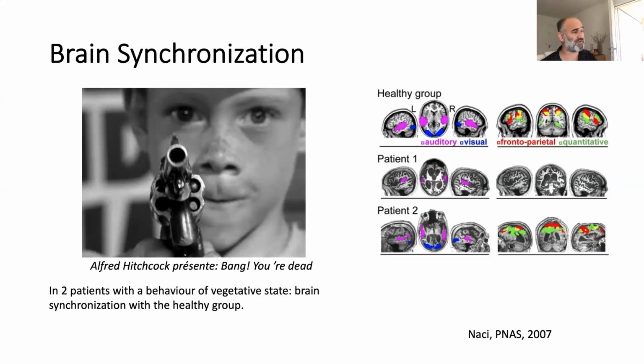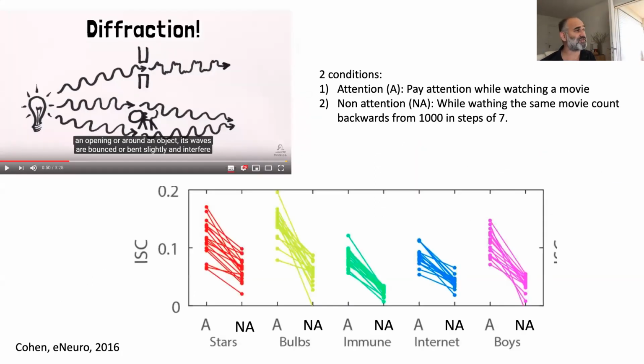So that is with fMRI, and there are also interesting results with EEG. This is coming from the work of Lucas Parra. In this case, they show different videos, and they ask the subjects to either pay attention to the videos or not. In one case they were engaged with the videos. In the other case, they were counting backwards from 1,000 in steps of 7. So it's something that you do simultaneously while you look at the video, and this draws attention away from the